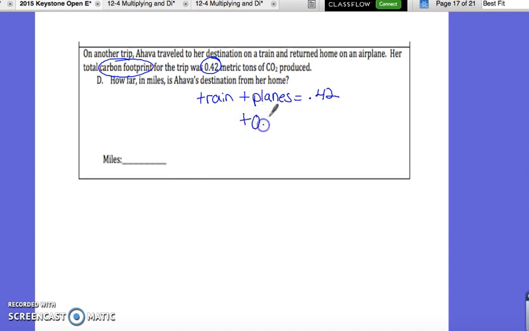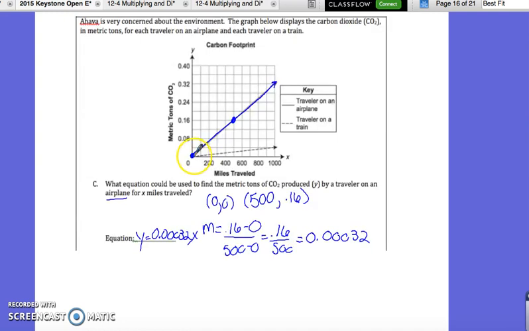Well, we already know how much a plane produces from part C. We know that it was 0.00032 times the distance that she traveled equals 0.42. But we don't know for a train yet. So we have to go back to our graph and do the exact same thing. So we have two ordered pairs for our train. We have 0, 0 again, and this time we have 1,000,